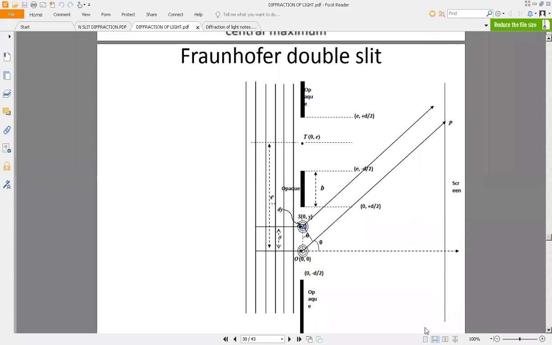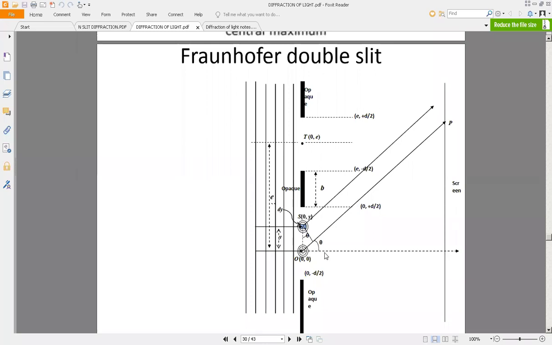You may put a converging lens in the middle to see what kind of rays are arriving at P. You need to have a converging lens. Now, just like the single slit case, we are going to take the spherical wave coming from point S reaching P. So once again, same derivation, d psi P. The contribution of the spherical wave coming from S reaching P is d psi P equal to a dy e power iqy, with q equal to 2 pi by lambda sin theta.